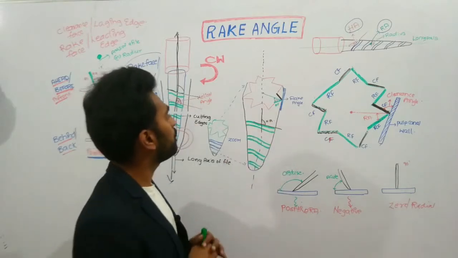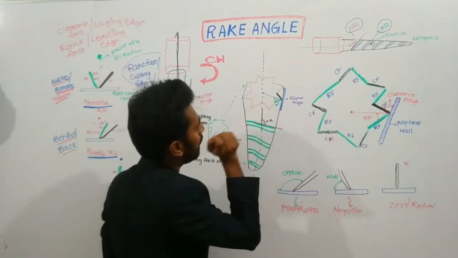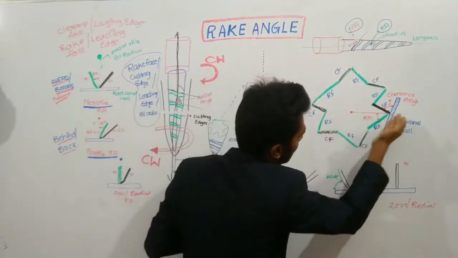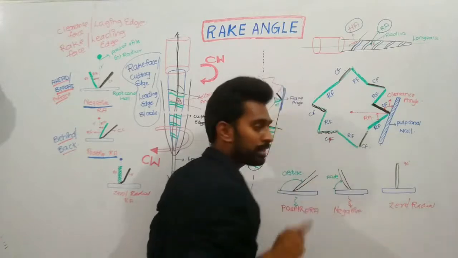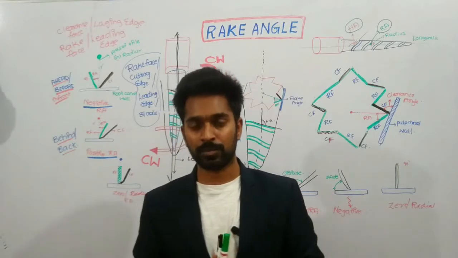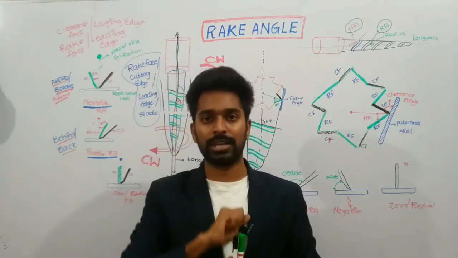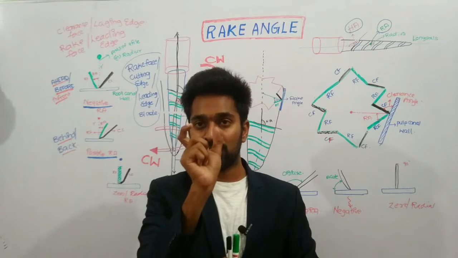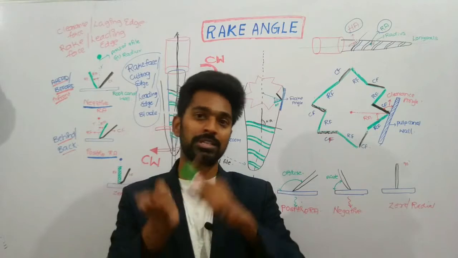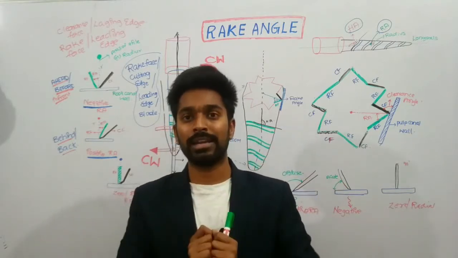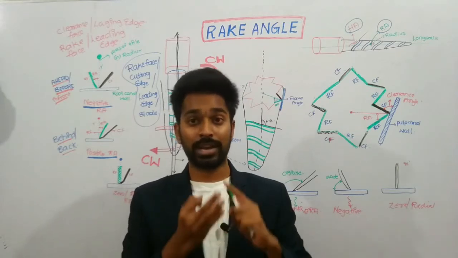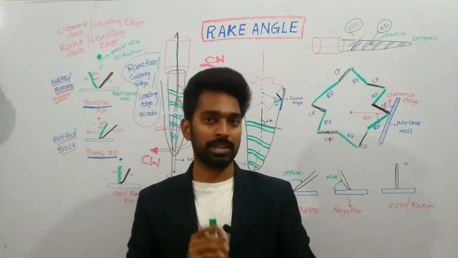If you see this diagram, this is the radius of the file and this is the cutting edge. The cutting edge has two faces: one is a rake face and the other is the clearance face. When the file is rotating in a clockwise direction, the face which first touches the cutting surface is called a rake face, and the face which is behind the rake face is called a clearance face. A rake face, a leading edge, a cutting edge, or a blade, all these have the same meaning.